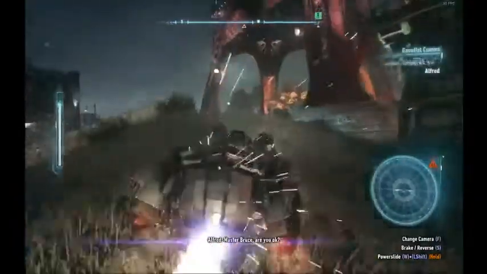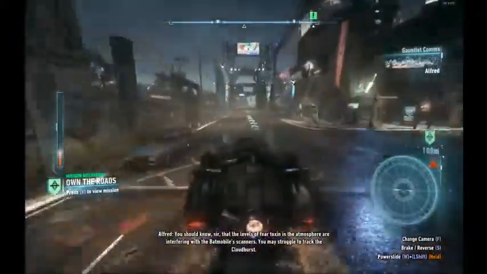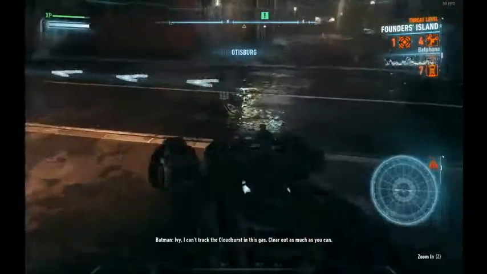So now what we want to do is cross the bridge onto Founders Island from the orphanage. But instead of going straight to releasing Ivy's plan, we want to wait about here for